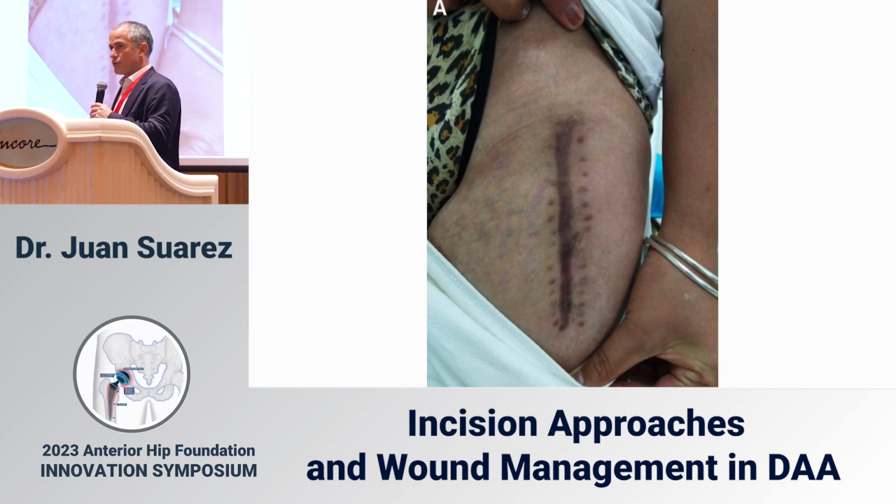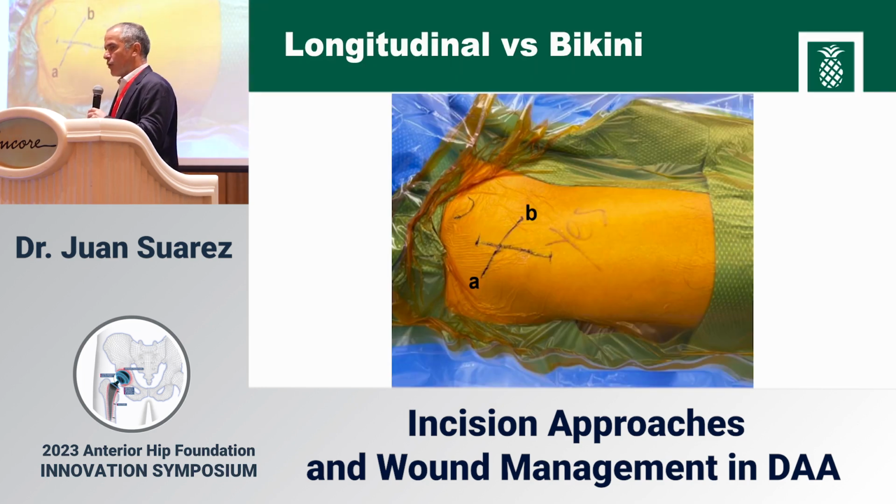So this is a wound which healed under a lot of tension. You can see it's a hypertrophic wound, here with like a keloid. So it would only make sense that if you make the incision parallel to the crease line, like you see here, the wound will heal with less tension, and therefore you would have fewer complications of wound healing.